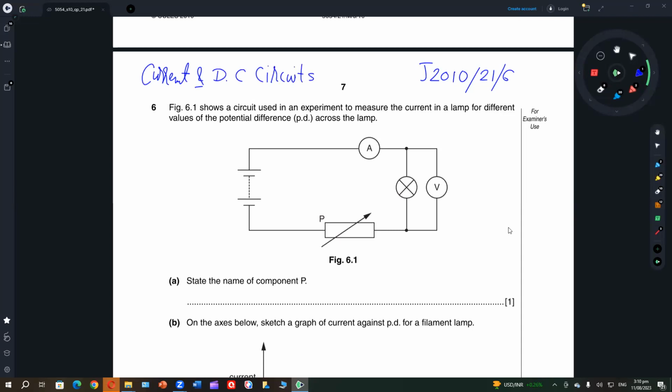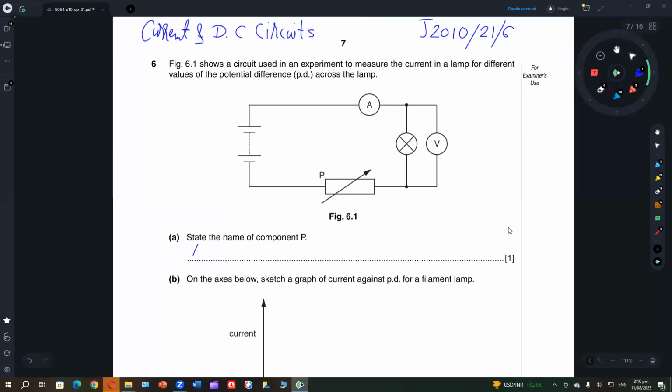This is current and DC circuit. The figure shows a circuit used in an experiment to measure the current in a lamp for different values of the PD across the lamp. State the name of the component P. Variable resistor. Very good. You call it rheostat, or you can also call it